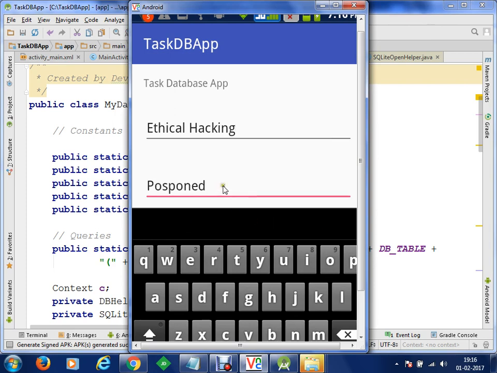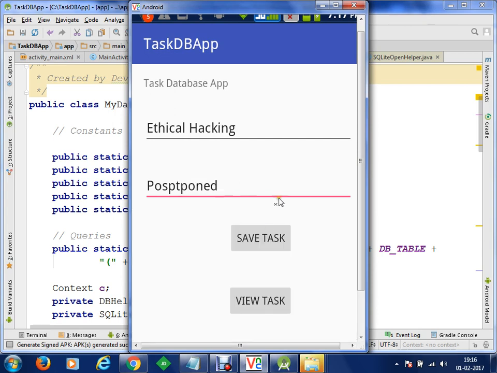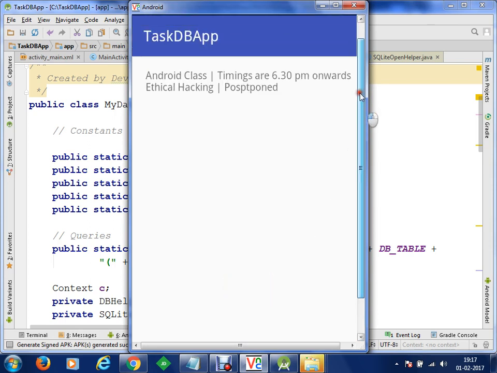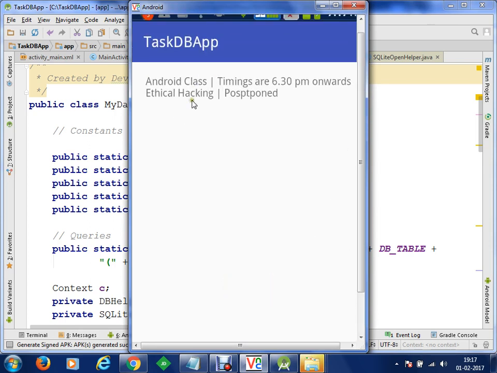I've saved the task. If I go and view the task, you can see on the new line that I'm now getting two entries, one for ethical hacking and the other for Android class.